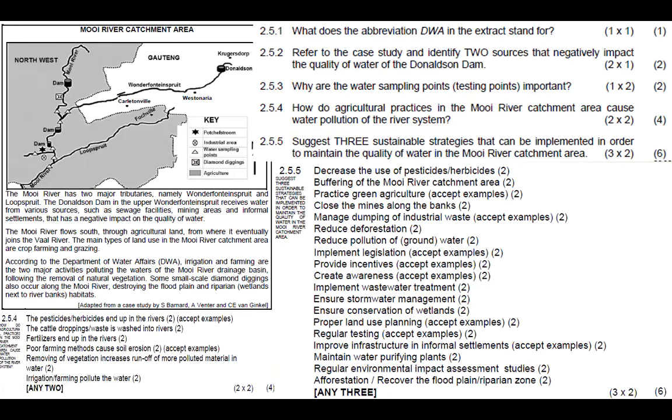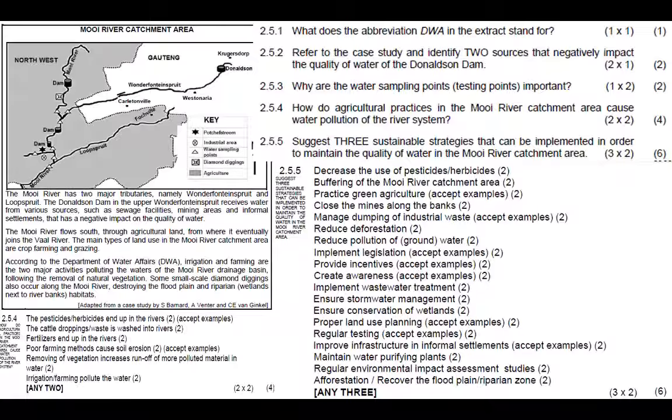I'm not going to look into many questions here because the extract that you're going to get for the final paper is going to be different from any other extract. All you need to do is read through the extract and understand the extract. But when it comes to the strategies to solve any problem, I want to emphasize that education and awareness is key to solving any problem, before any other strategy. Depending on other strategies, one of the strategies to protect the rivers